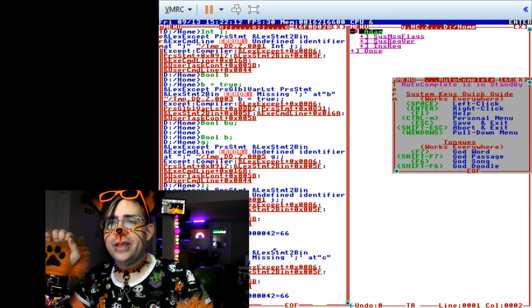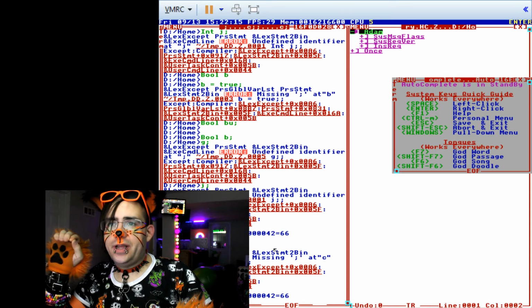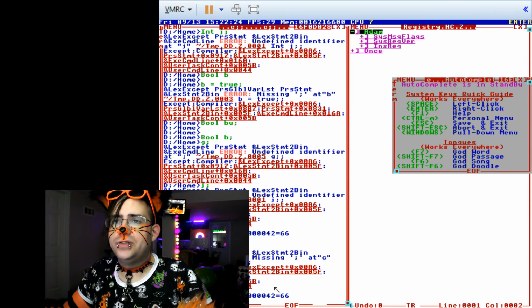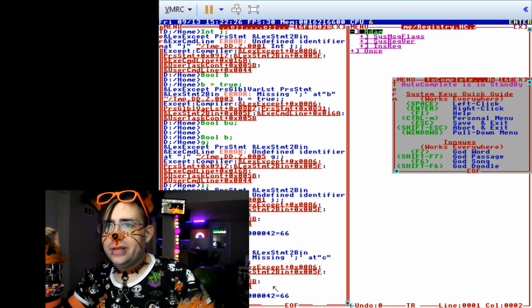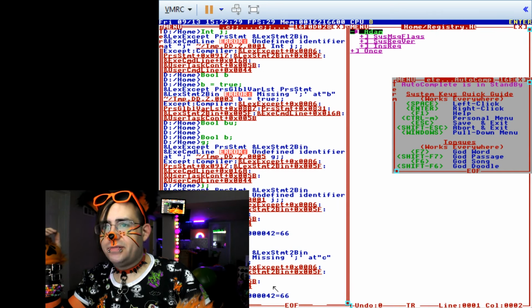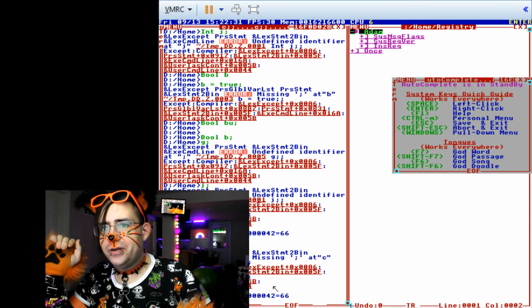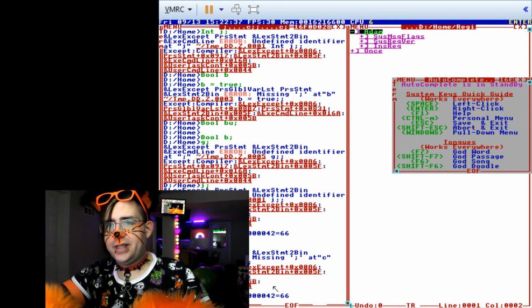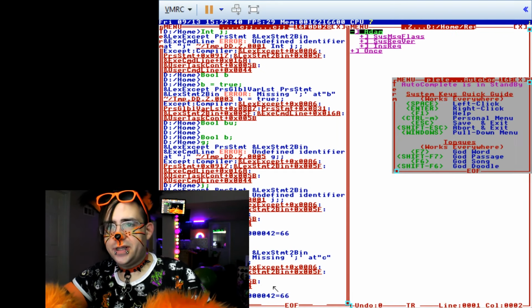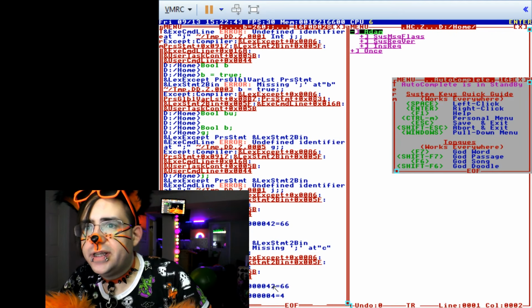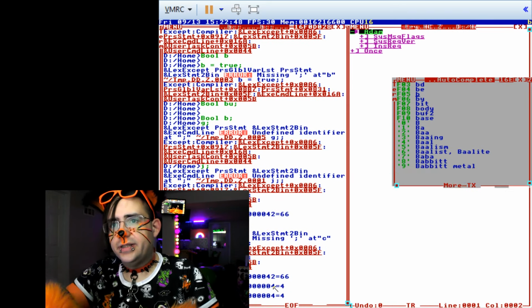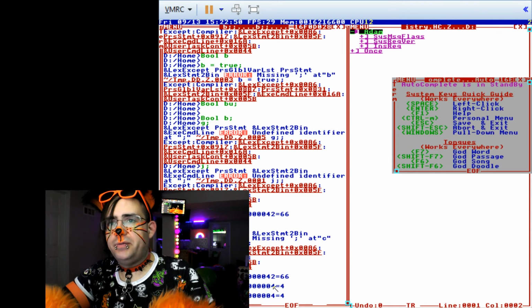C is also 66. Why are all of the uninitialized variables set to 66? And more importantly, how come a Boolean has the capability of holding 32 bits according to this? At the very least, it holds 8, 7, 6, 6, 5, 6 because it's holding the value 66. I guess it's like a C++ Boolean where it's a byte, but if that's the case, then I shouldn't be able to say B equals 260. But I can say B equals 260, except it sets it to 4? What? So it is a byte, and it does overflow. Okay, so if I say B equals 255,